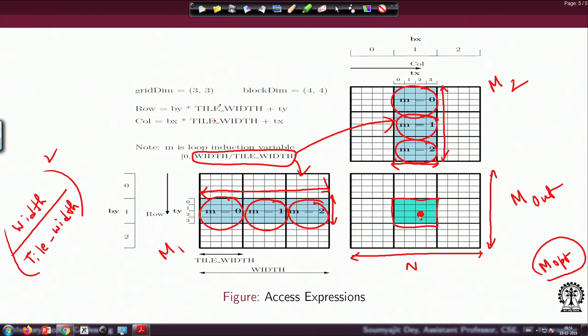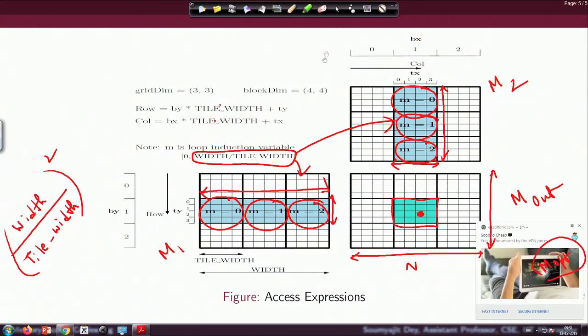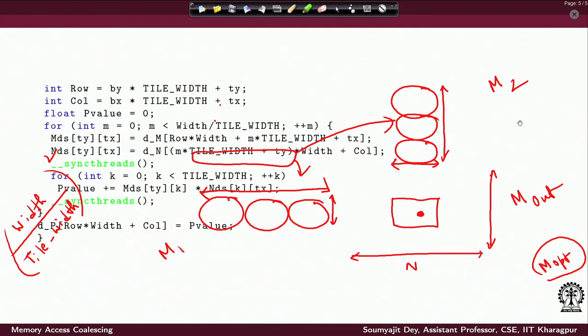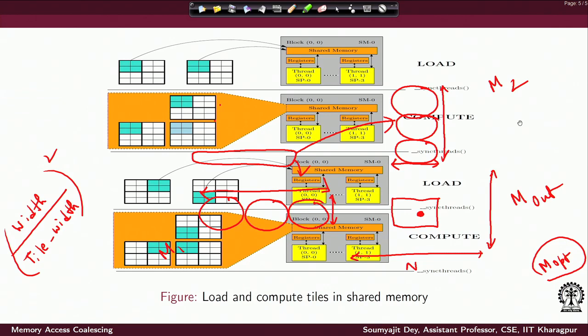Assume that for the timing, this is going to work. If this idea is really going to work, then I would essentially have a sequence of load followed by compute, again load followed by compute. Essentially I am using a set of threads in the same block to load two tiles. So I have effectively loaded this tile and this tile and did some computation with them, and in that way I am making some progress.